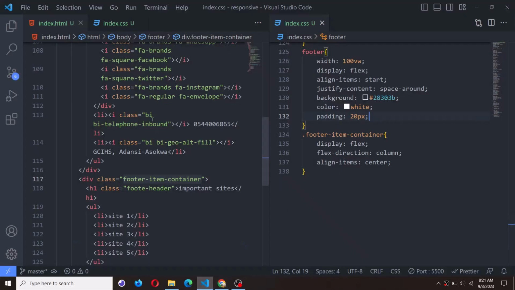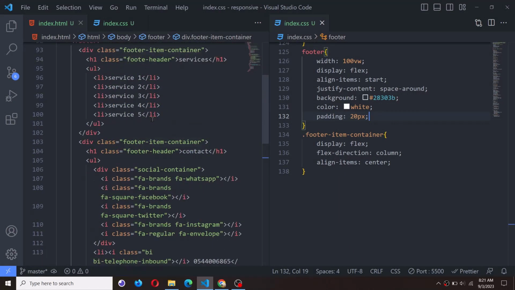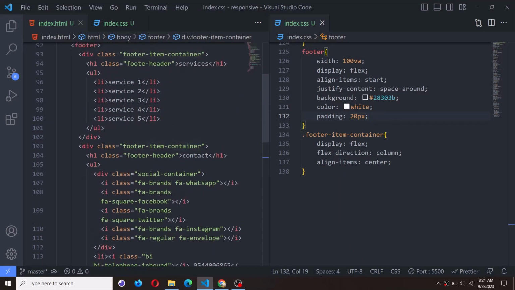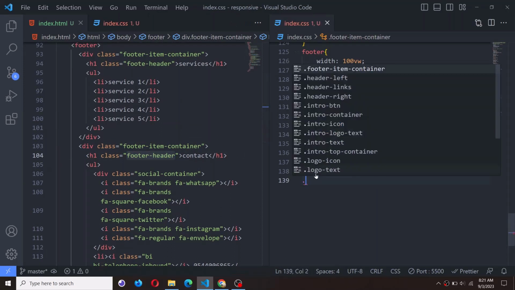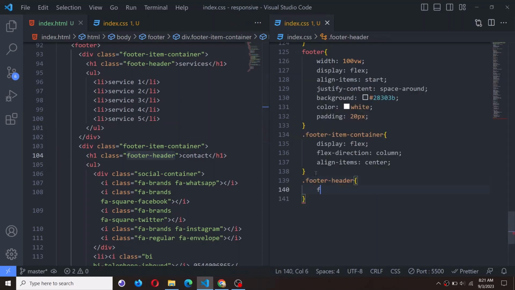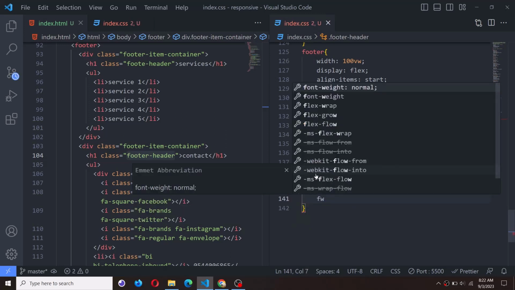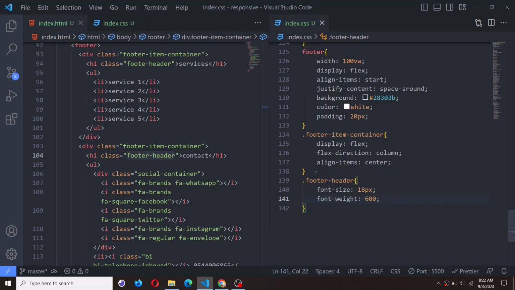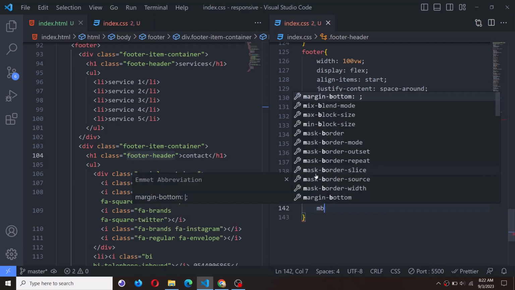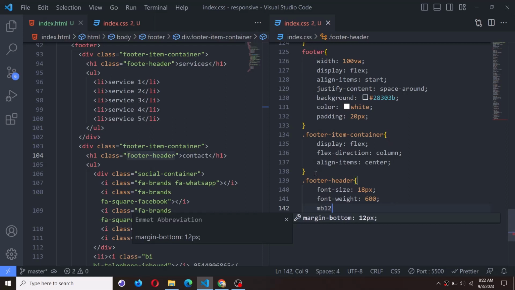So I'll copy the footer header. I'll change the font size to about 18 pixels. I'll change the font weight to about 600. I'll give a margin bottom of about 12 pixels,